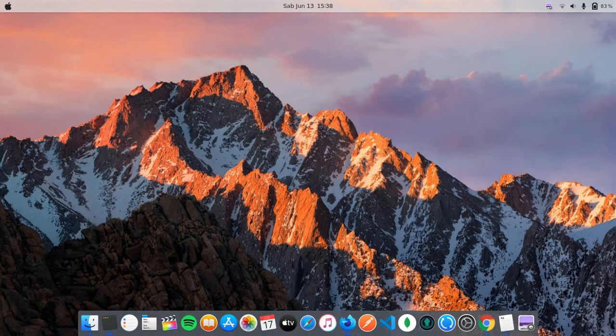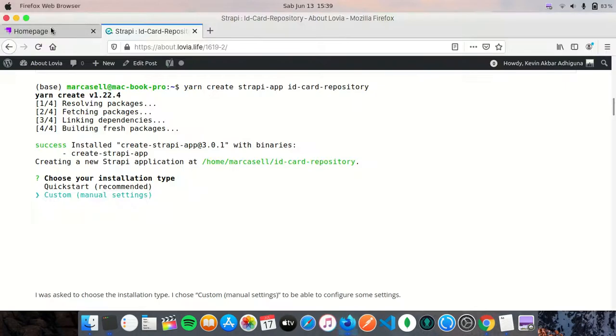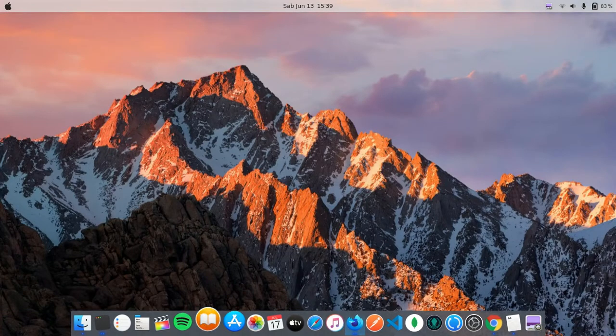So today I'm going to create an ID card repository with Strapi. Okay, this is the admin page that I have in Strapi. So first, to configure the Strapi, we have to